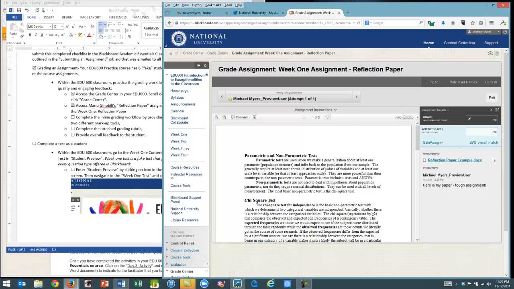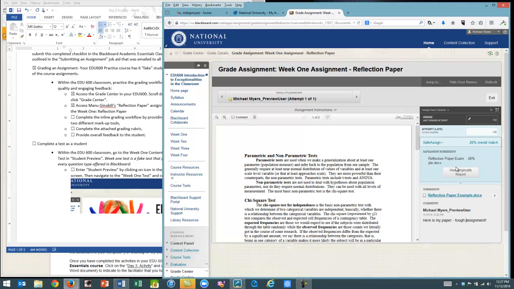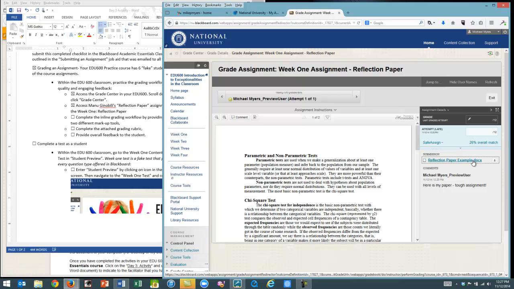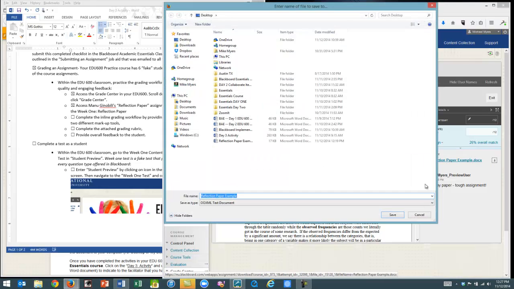So you'll see all the text that's been submitted. You'll see the students' comments, so here I put a comment in. You'll see an output for SafeAssign, so if you've activated this in your class, what it does is this will show you, just like Turnitin, how much the paper has been copied from the internet or other sources. You'll be able to download the paper from here by clicking on this downward arrow,